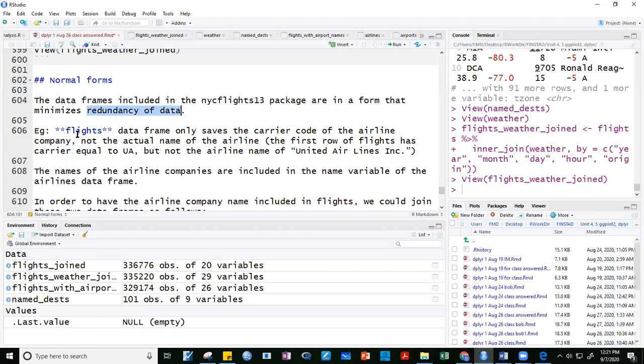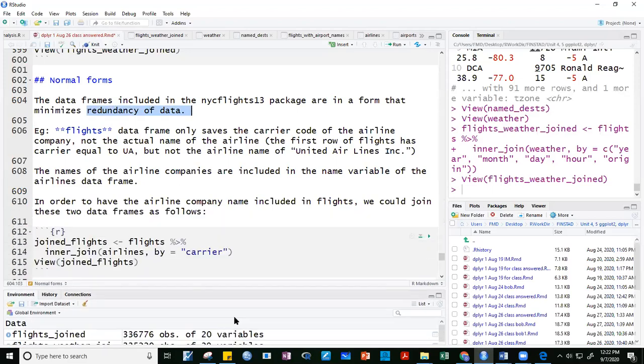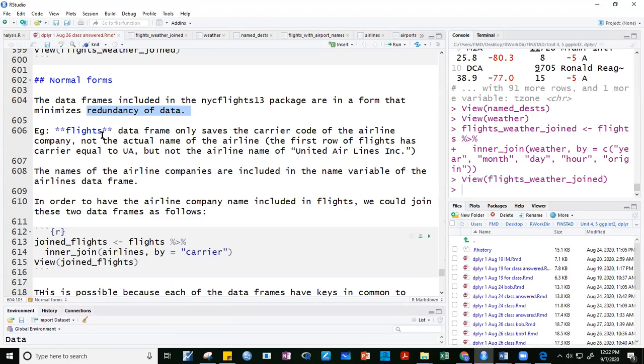Okay? So yan, guys. The data frames included are in a form that minimizes redundancy of data. Okay? And that's very important for database management. For example, the flights data only saves the carrier code. Okay? Hindi yung actual name of the airline. Okay? The name of the airlines are included in the airlines data frame. Hindi na kailangan dun sa flights. Kasi kung kailangan naman natin yon, pwede naman tayong